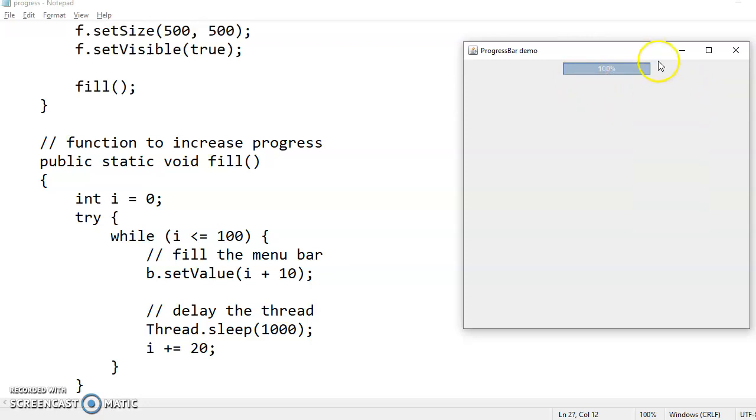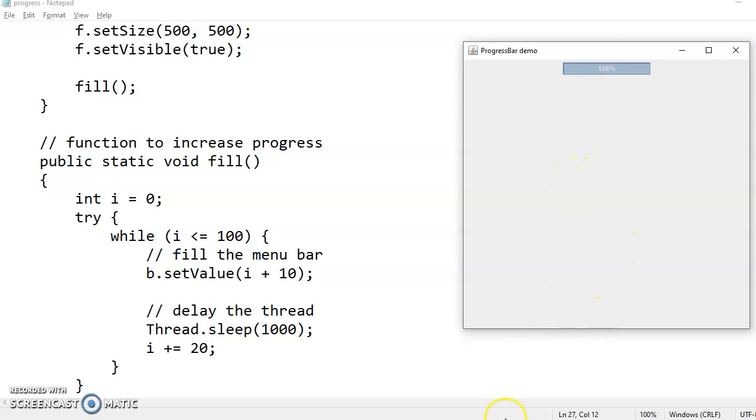So between 0 to 100, we want different intermediate stages to be displayed. So we are using a fill method so that after 0 it should reach 10 and I could see 10% on the screen. Then I could see some 20, 30% and likewise until it reaches 100%.